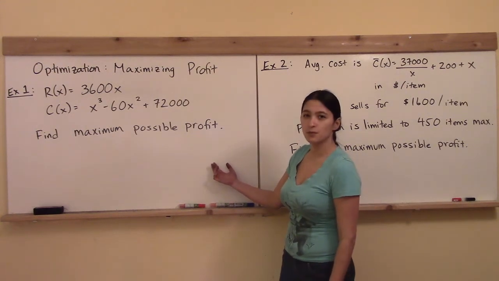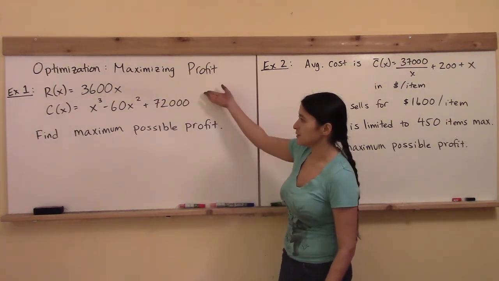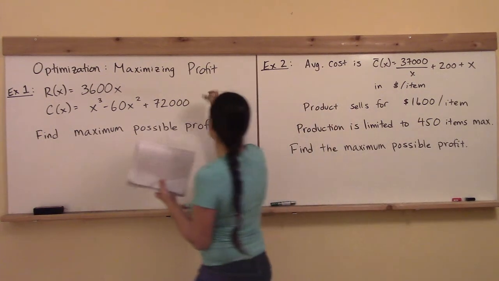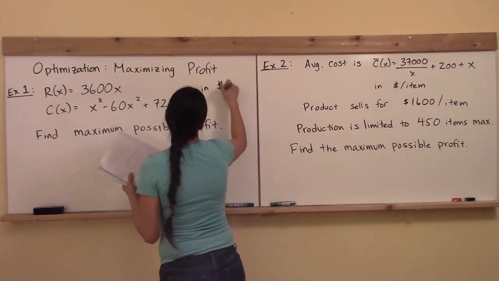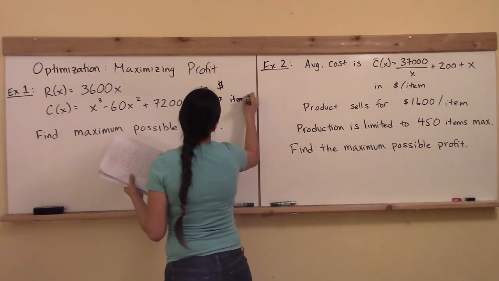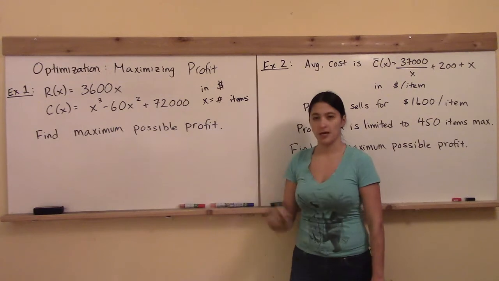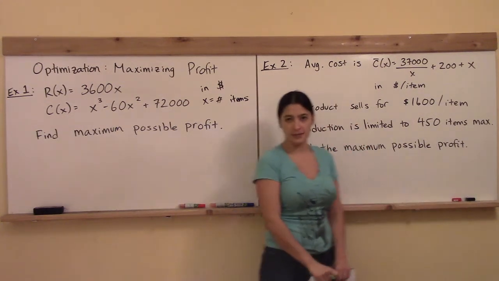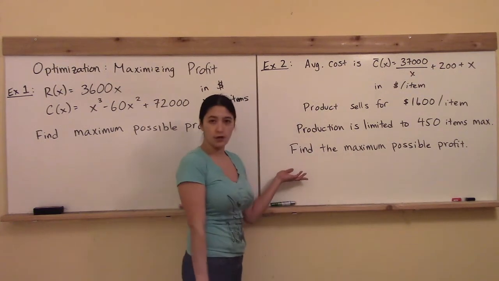In example number 1, the revenue function has been given to you and the cost function has been given to you, and both of these are going to be in dollars, where X is in number of items. And the question is going to be, find the maximum possible profit. Okay, so we'll go through this one first, and then I'm going to challenge you to approach a more complicated